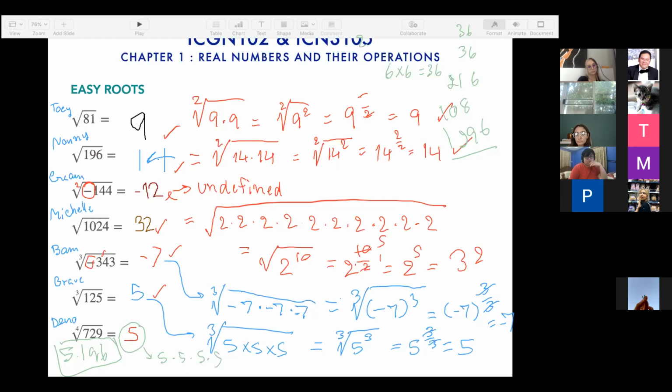We call it the index is an even number, because square root or fourth root or sixth root, those are the index numbers of your root. So for the even index root,